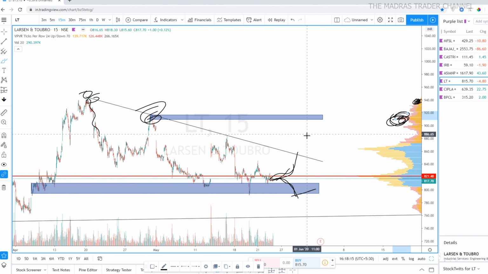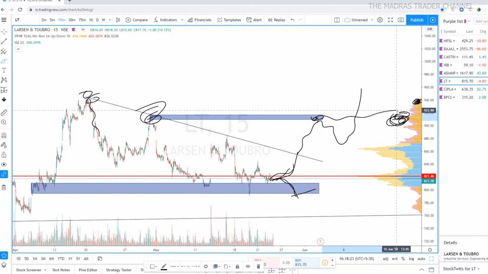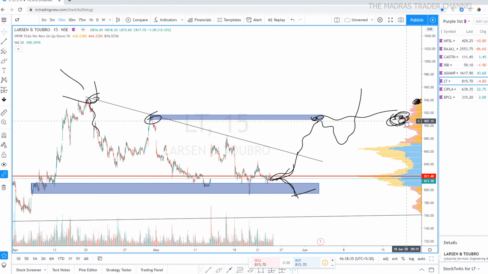So when there is a breakout, you might have to consider this. There could be a rejection, and then again when there is a breakout, you can be very confident that this particular rejection will also be broken, because when this supply zone with high activity is broken, most likely this rejection with low activity will also be broken. Isn't that right? So this is how you must combine volume profile.